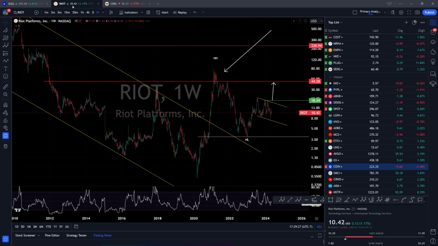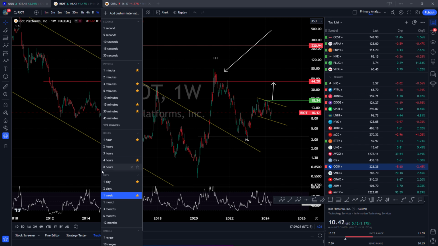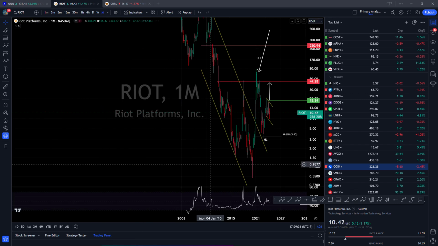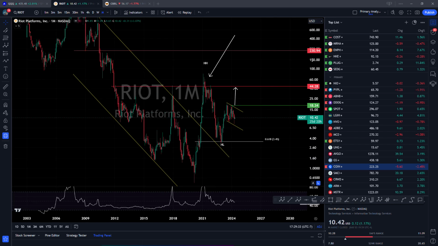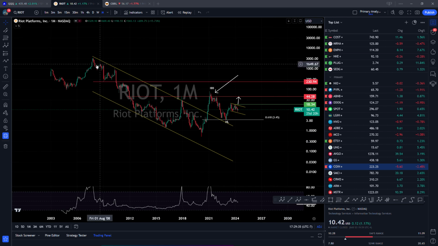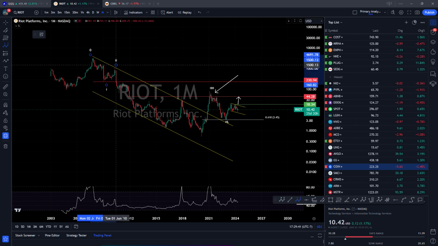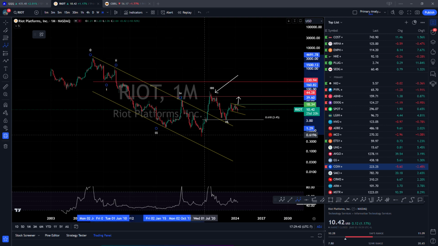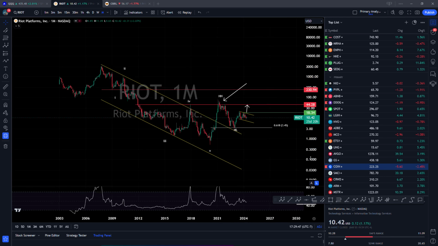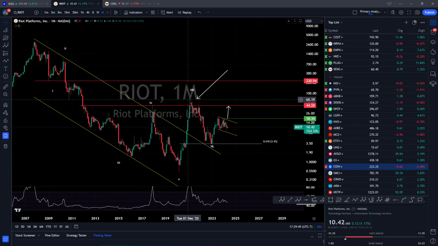So overall, if you look at Mara, I think we were discussing on the monthly charts that the structure is pretty good, that after the completion of these 5 waves, there was a first break of the structure here, where we made a higher high back in 2020, breaking this previous lower high.